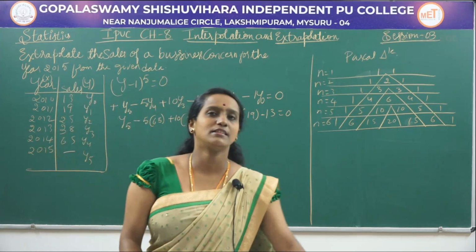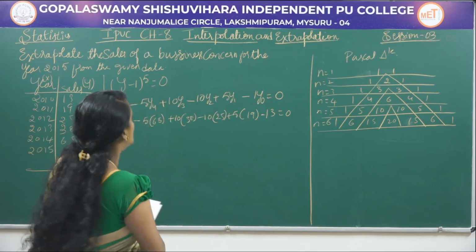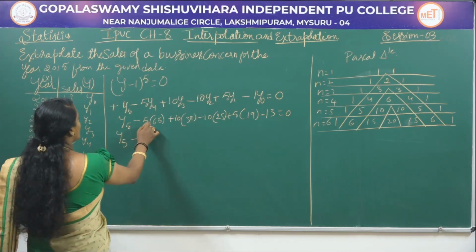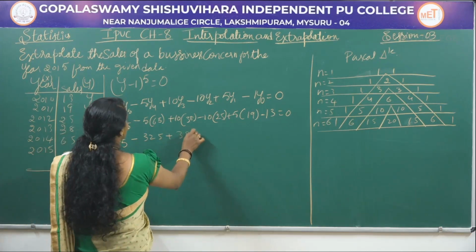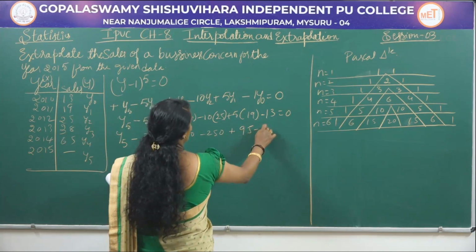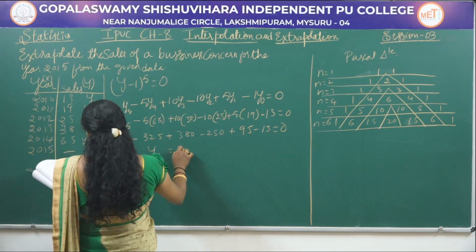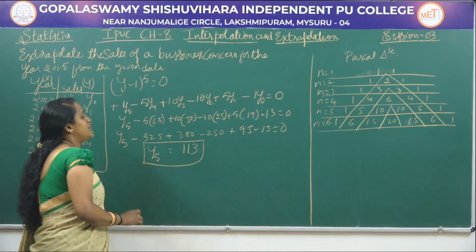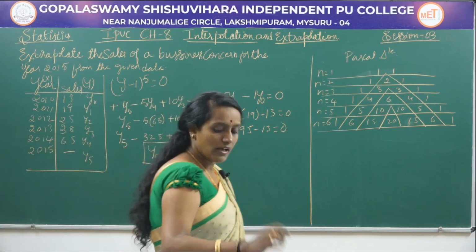After substituting the y values, next we should go for the simplification. So y5 will remain the same. Minus 5 into 65, it is 325, plus 380, minus 250, plus 95, minus 13 is equal to 0. So y5 is equal to 113 after simplification. So your y5 missing value is 113. Next